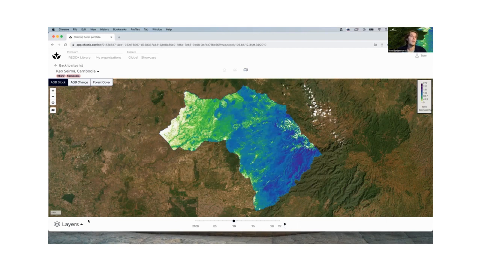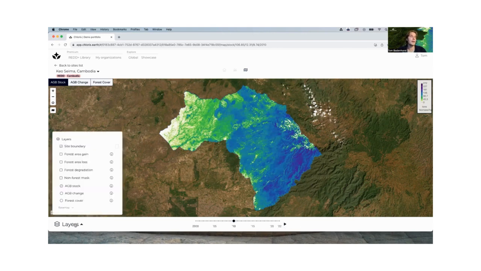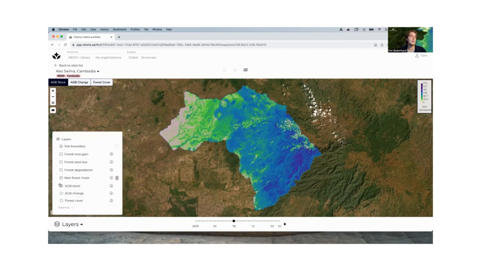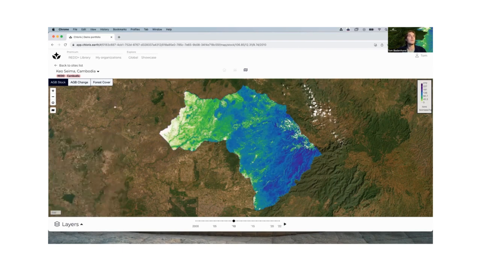Now, we can also click on this layers button at the bottom here and add a non-forest mask, which will mask out all the areas of non-forest, leaving you with the stock of the forested areas only. I'm going to take that away and move on to our next map here, which is the above ground biomass